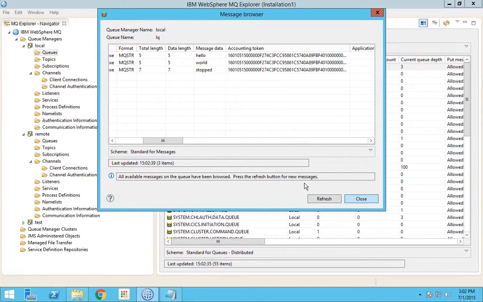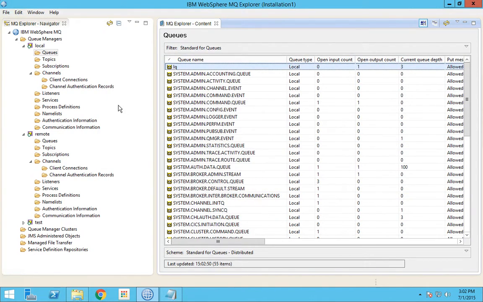Even if there is a failure in the destination queue manager, or even if it is down, all your messages will be piled up in the transmission queue and you will not lose the messages. And this is one of the most powerful techniques of IBM MQ. So when the queue manager is up and running, the destination queue manager will receive the messages for sure.